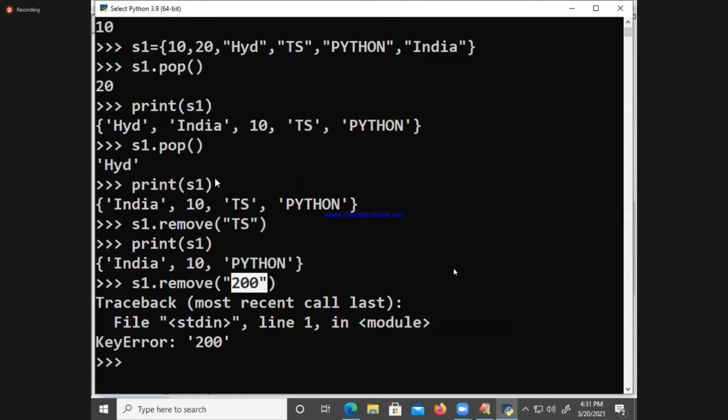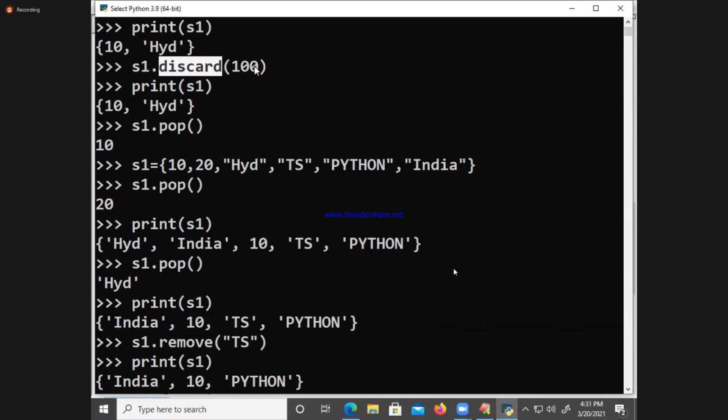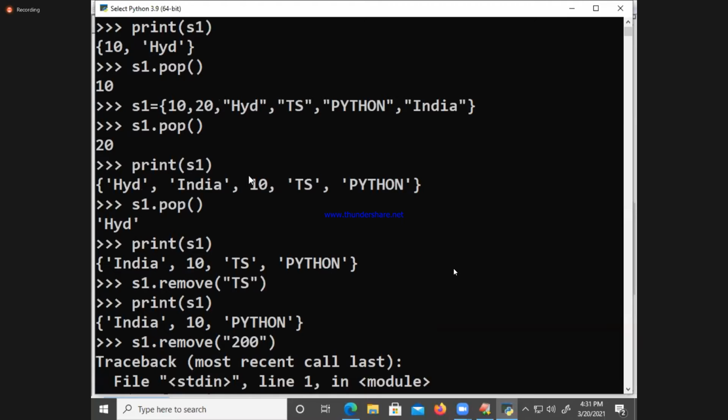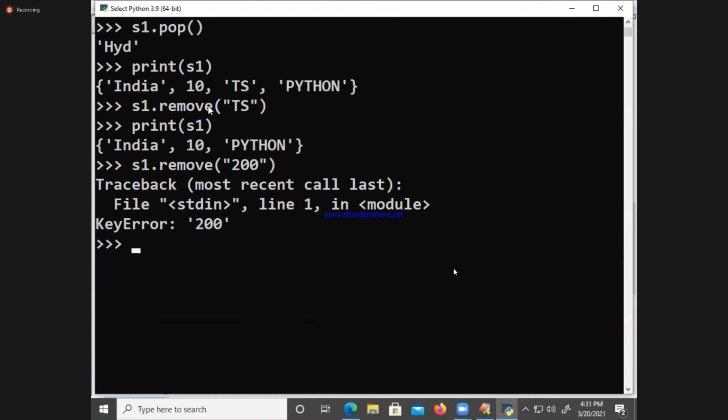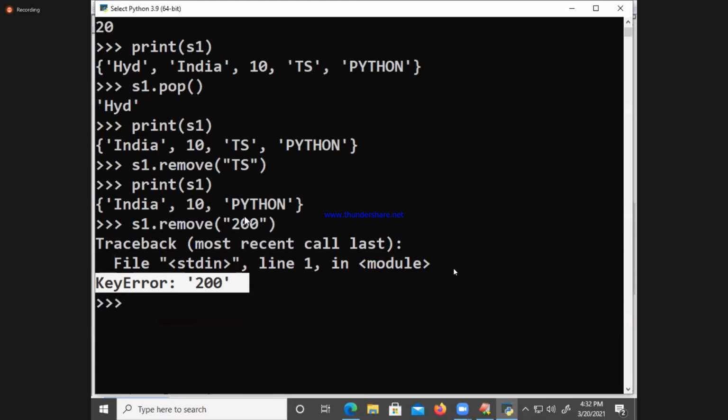So, discard method and pop method. The discard method: if the element is present, it will be removed; if it is not present, it won't remove. The remove method will remove if the element is found. If the element is not found, we get an error. These are different mechanisms of removing an element. How many ways are there just to remove an element? Number 1, pop. Number 2, remove. Number 3, general pop of position in our list. Are you getting it? Next, del of.